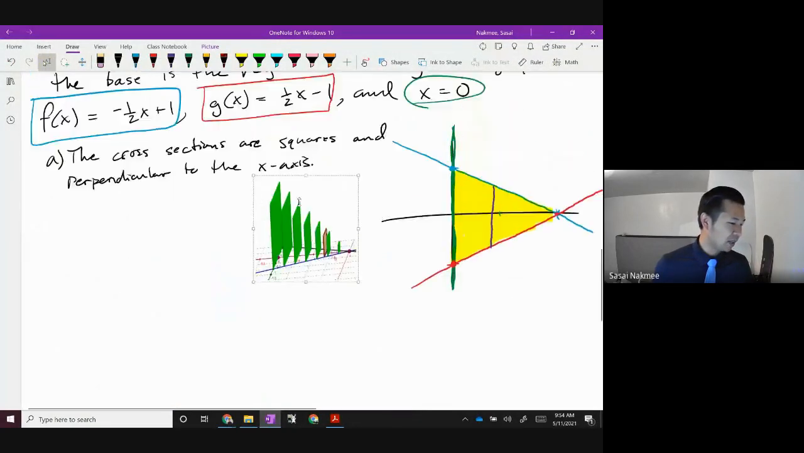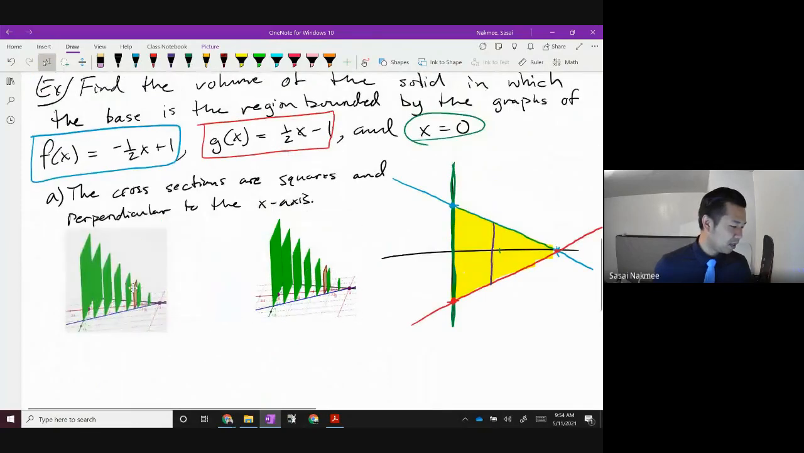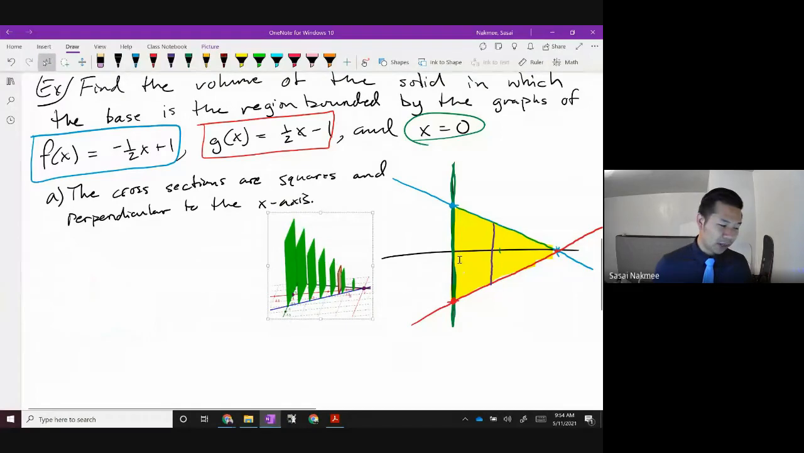So that's what that should look like, right? Cross sections are perpendicular to the x-axis and they are squares right there. Okay, how's that look? That looks okay? So my question for this problem here then is, in order for me to calculate this volume,